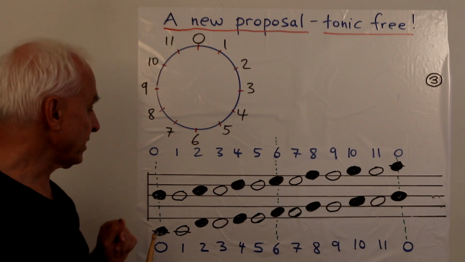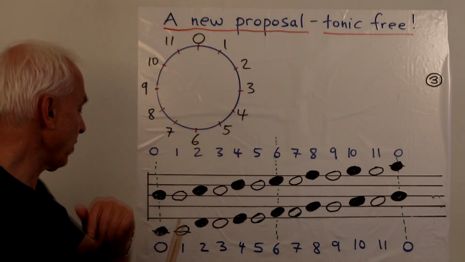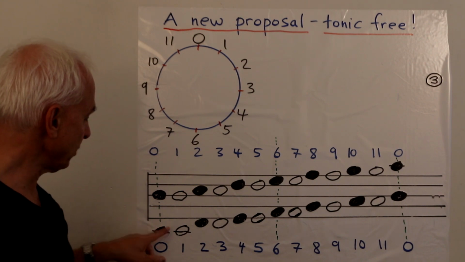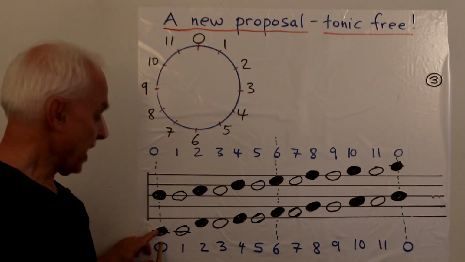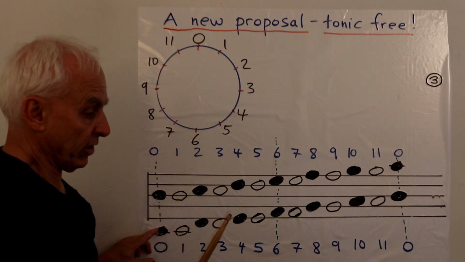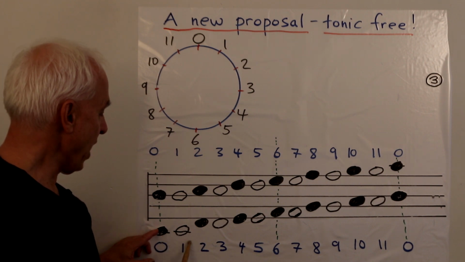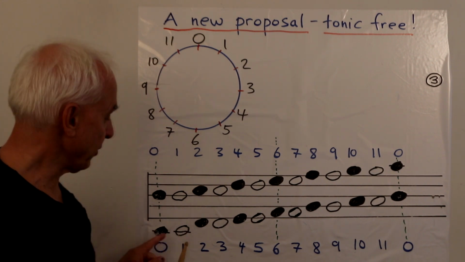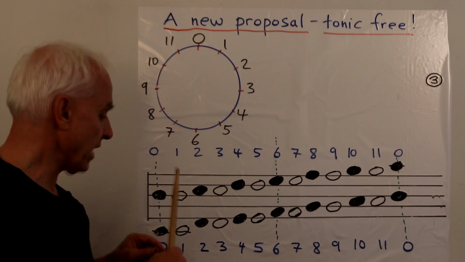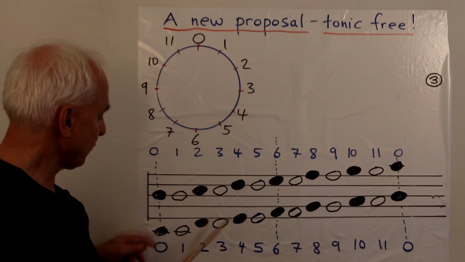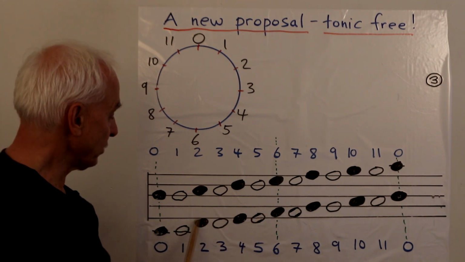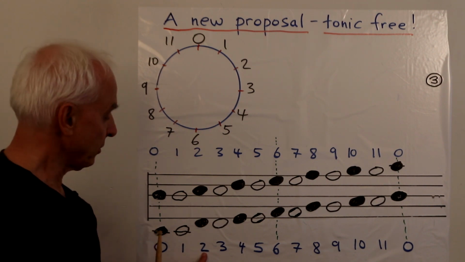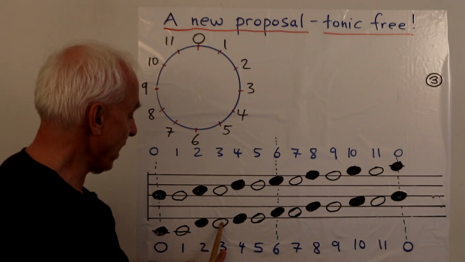So we want to represent the 12 tones, say starting with this one here. This is a black note in the usual position of C, if this was a usual treble clef. And that's not C for us, that's note 0, whatever 0 is. And then the subsequent notes. One is the same level, but it's a white note. So we go from black note to white note. It's going up one step, we agree. And then we'll say the next level is going from this line to the next space. So that would be that one there. We get a black note in that space. That's going to be note 2. And then changing it to a white one, that's 3.